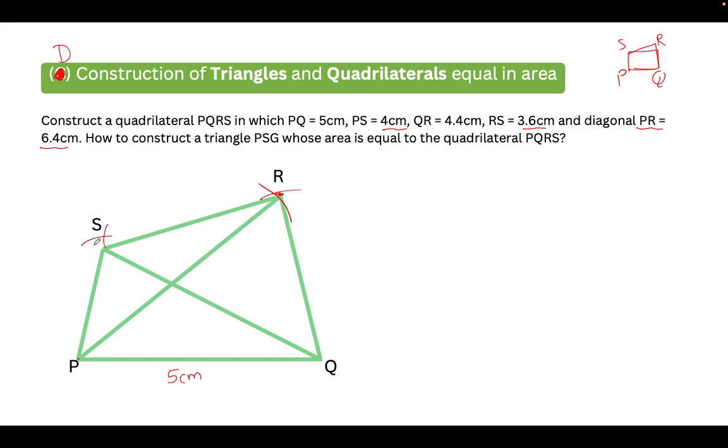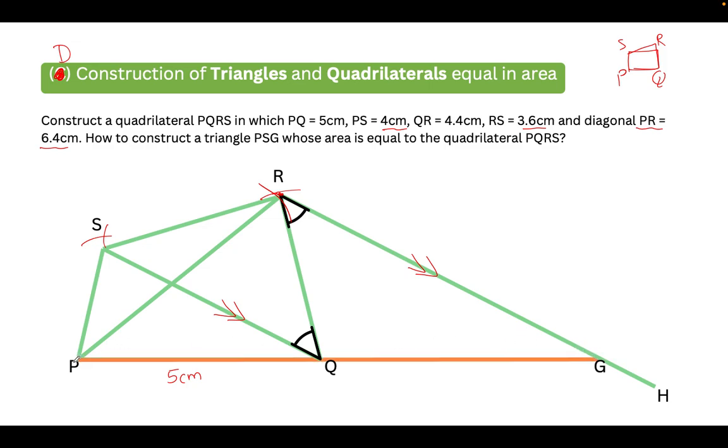Now we will make a line from R that is parallel to SQ. So we will make this angle equal and extend this line from R to H. Okay. So these two lines are parallel with each other. Fine. Now we will extend PQ to this area at G. So this will be the base of the triangle. Then we will join S and G, and then we will join PS. So this triangle PSG